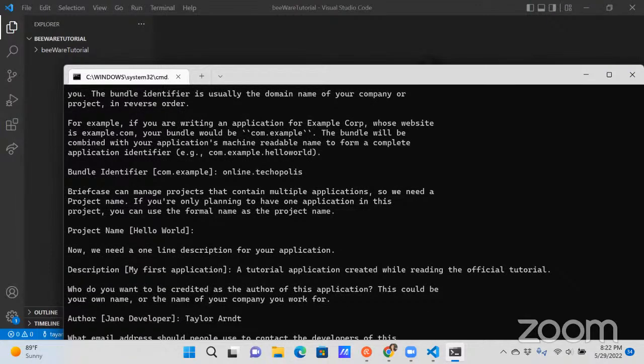What email address should people use to contact the developers of this application? This might be your own email address or a generic contact address you set up specifically for this application. Author's email [taylor@techopolis.online]: